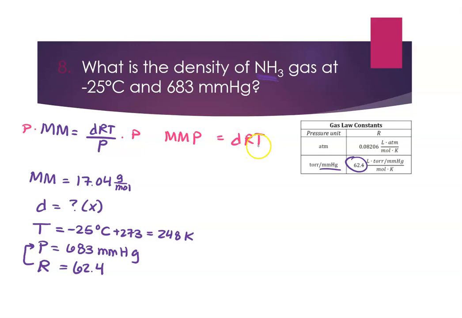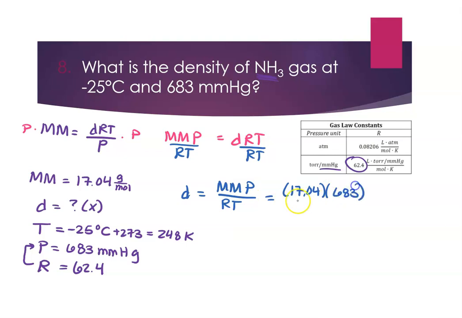And then I need to get density on a side by itself, so I'll divide both sides by RT. So I get D is equal to MM P over RT. Right, and then we plug in. MM is 17.04, P is 683, R is 62.4, and T is 248. So again, since I have two things in the denominator, I'm going to make sure I put everything into one set of parentheses. And when I do that, I get that the density is